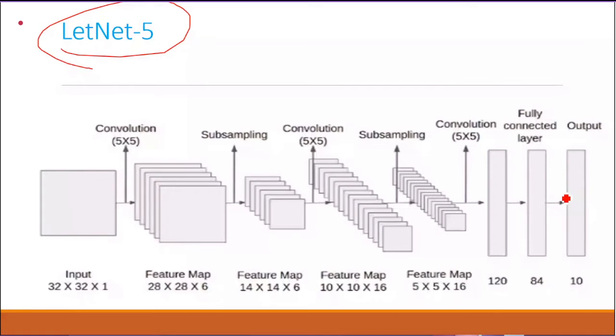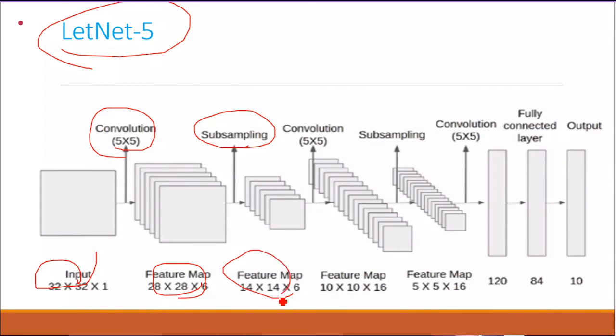So this is the complete architecture diagram. Input is there, I apply convolution and get a feature, then apply maximum pooling, get features, again convolution, again maximum pooling, again convolution, then fully connected layers. The final output we have to get. Similarly, according to how you stack your convolutions, the name can be given.